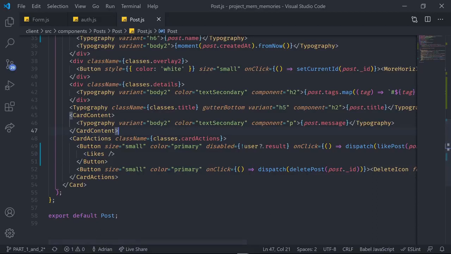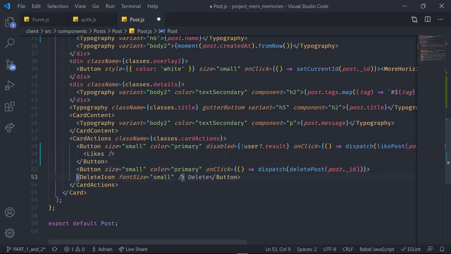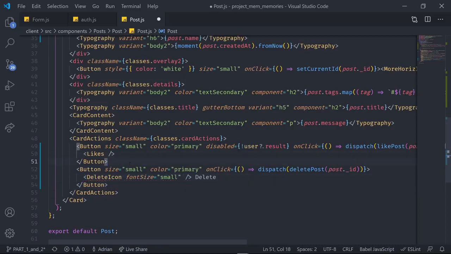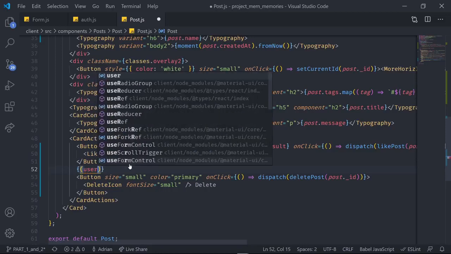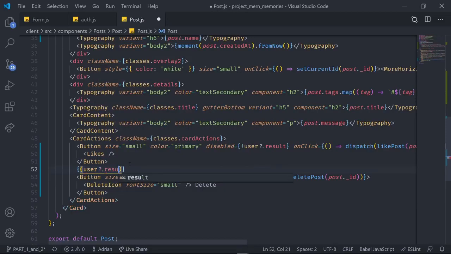Inside of here, what we have to do is check if the current post was created by the current user. Only in that case do we want to show the delete button. So to do that, I'm going to open the logic block, and then inside of there, I'm going to write some parentheses. I'm going to check if user.result.googleId, we already had that, is equal to post.creator. So we're checking if the currently logged in user via Google has the same ID as the creator of the